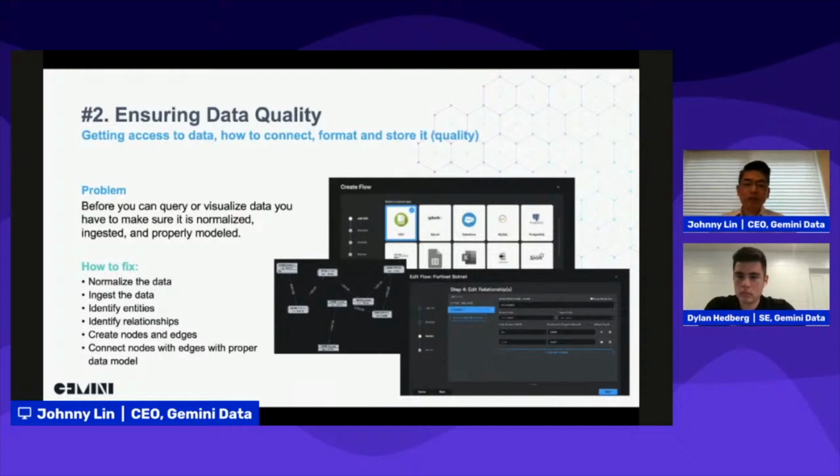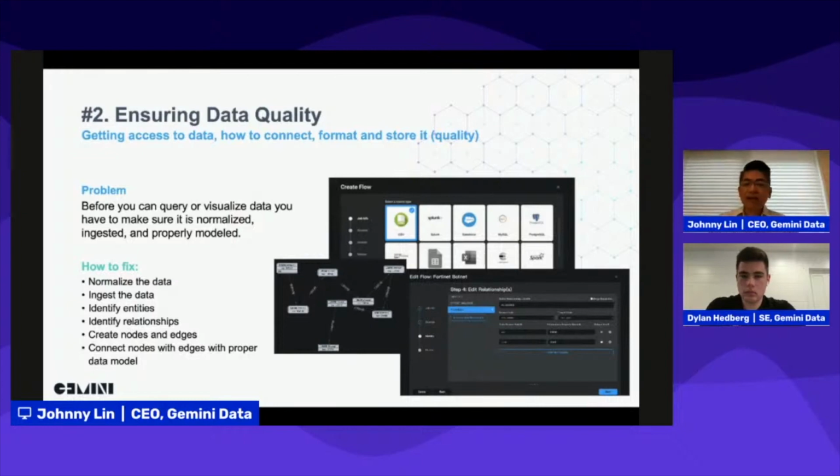The first step is typically you will have to normalize the data. Some people call it an ETL process, to prepare the data so that it works with the underlying graph database, right? And then you have to find your way to ingest that data, either by learning the specialized query language to get the data in, or by using third-party tools that could streamline this and make it simple and easy.